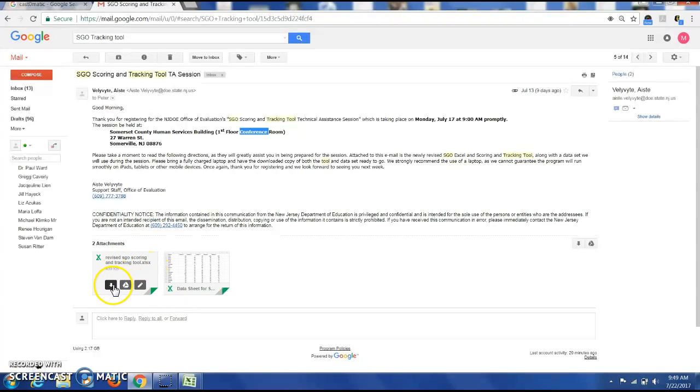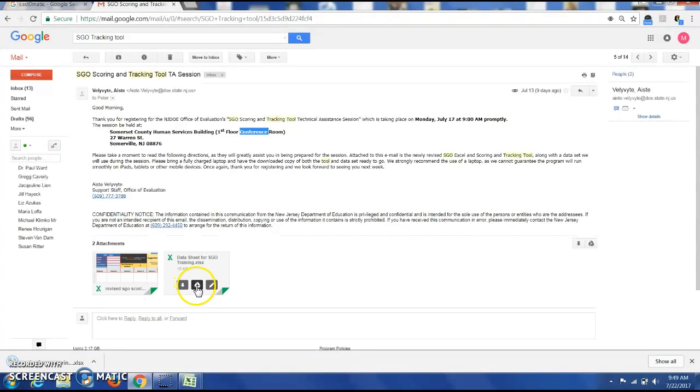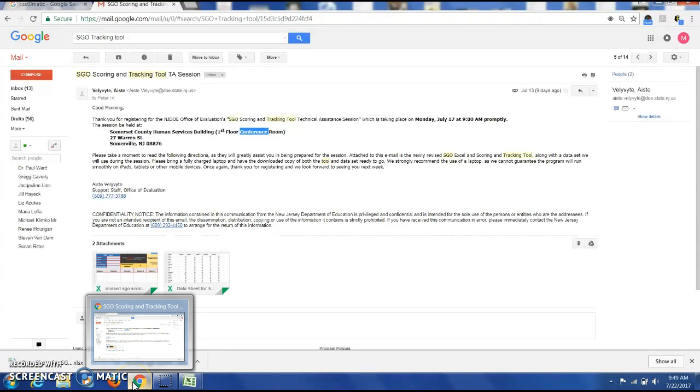So this is the tracking tool itself, which is an Excel spreadsheet. And this is a set of demo data. So again, we can't work with either or both of these through Drive. We need to be working with them downloaded locally onto the desktop. And so we will start first with